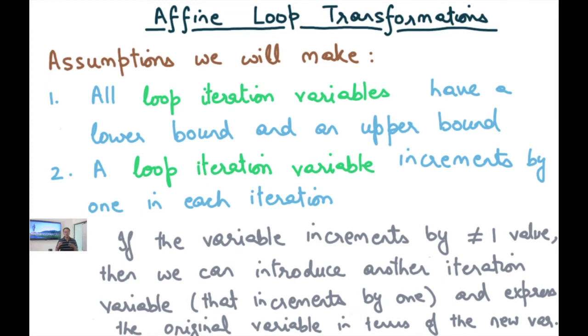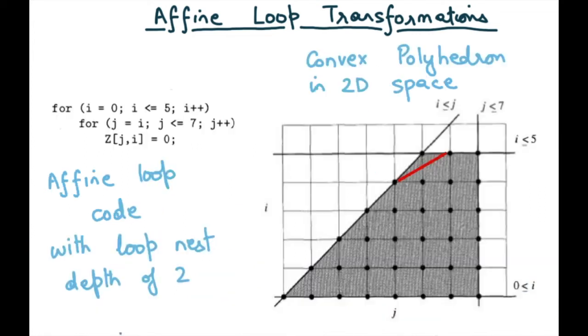This is called normalization of the iteration variables, and I'm going to bring my loops into this normalized, canonical form, where every loop iteration variable increments by exactly 1 in each iteration, because that just makes the rest of the analysis easier, and this can be thought of just as a pre-processing step. If it does not increment by 1 but increments by a constant value, we can always introduce a new variable so that it increments by 1 and the original variable is written in terms of the new variable.